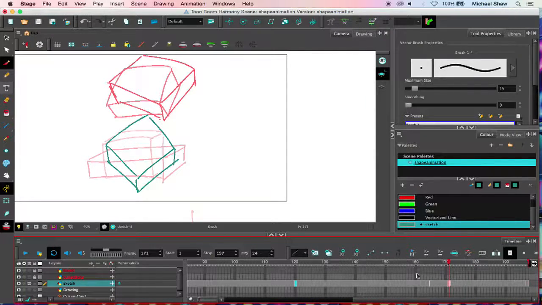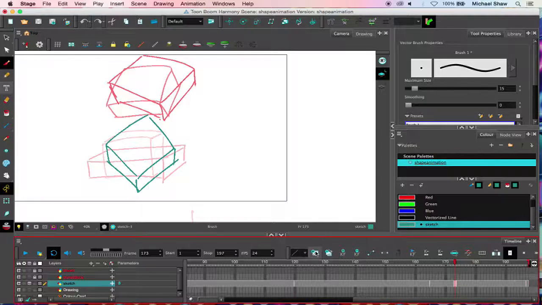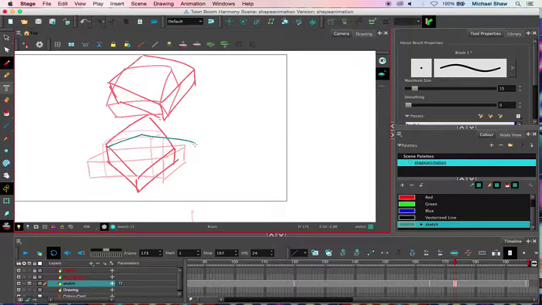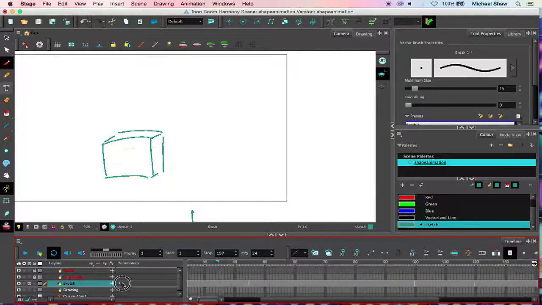And I want the laying on its side to happen a little bit faster. So I will add a drawing right here. Boop. And make it so it lays on its side. Kind of like so. I know that these sketches are rough, but what this allows me to do in an early sense is